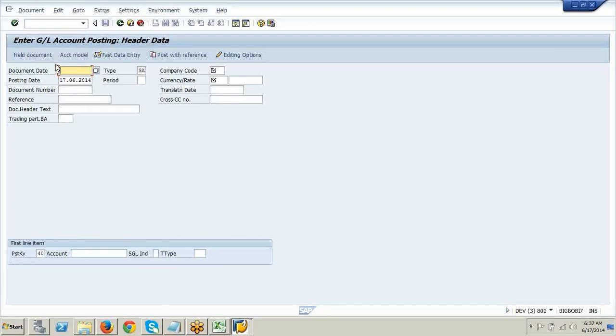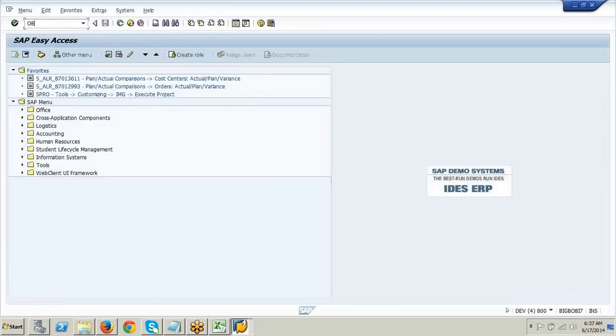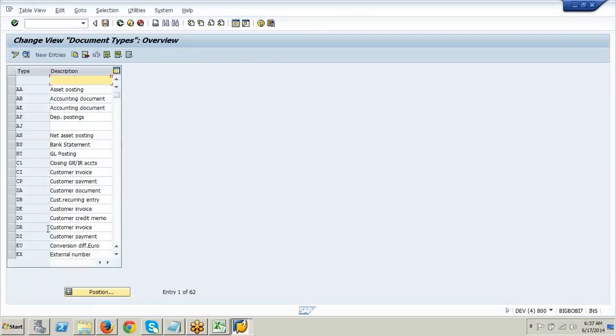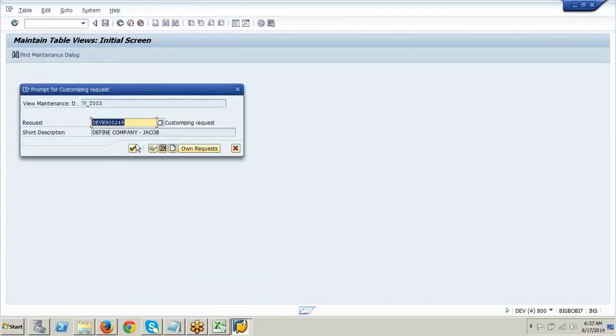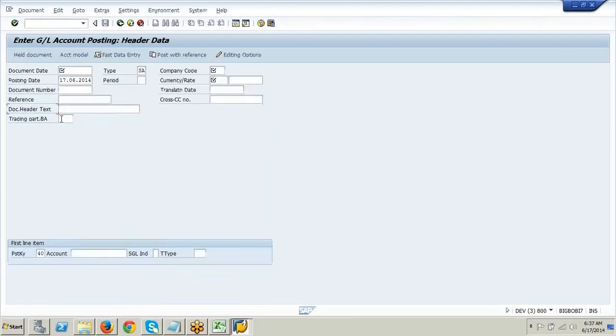2 tables. So if you want to control this field, you have 2 fields. These are the reference field, document header. If you want to control this header level field, you do it at transaction code OBA7. Able to recollect what is OBA7? Number ranges. You have to see document type. So you go to your particular document type, like SA we tried. In SA, if you see here, these are the 2 fields. If you select these 2 fields and save it, what will happen? Those 2 fields will become required now. See, these 2 fields are required now.